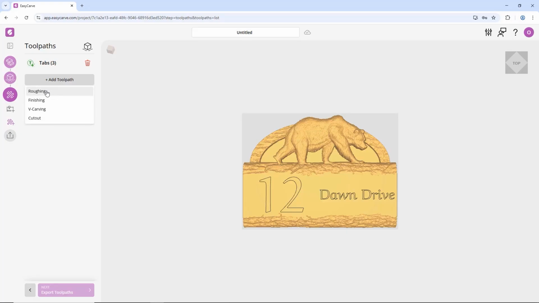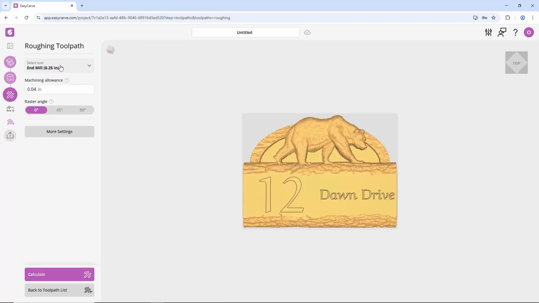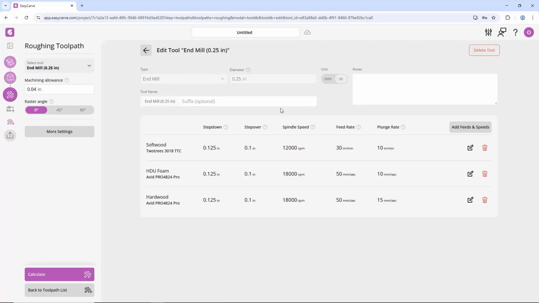So I'm going to click this option here. So first we'll need to select the tool we want to use. For this, I will want to use a 1/4 inch end mill, which as you can see when I click on the drop down menu, we do have the option to edit this,